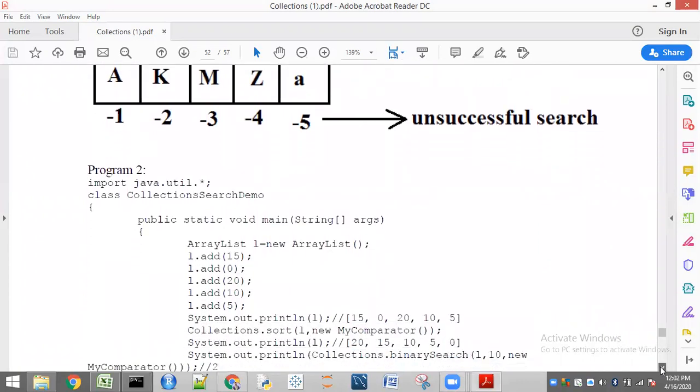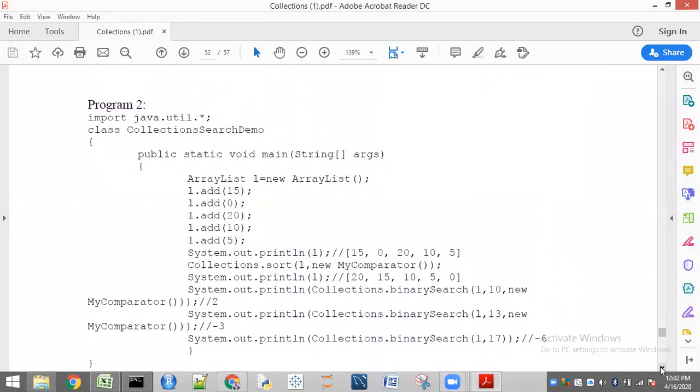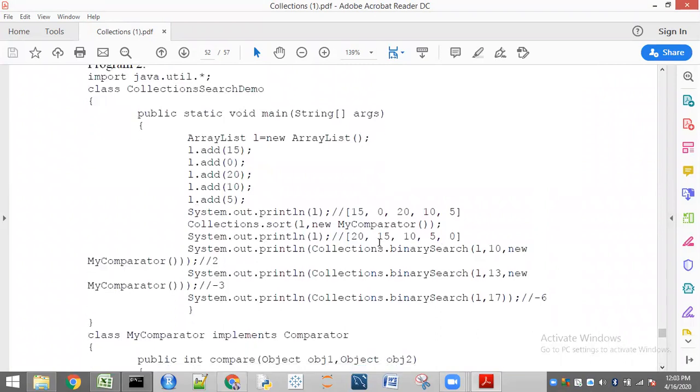So already we know that if you pass a comparator, what is going to happen? If we pass a comparator, according to that sorting order, it is going to be arranged. Anyway, here I have arranged these elements. So to search in a binary search, first we have to sort. That sorting can be done in any way. It may be by using the default natural sorting order. It may be by using some comparator object. So I have passed some comparator object. In brackets also you can see here new comparator.